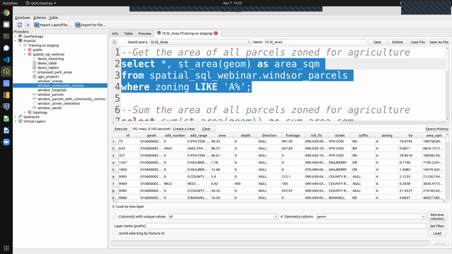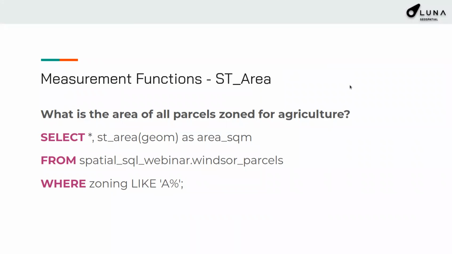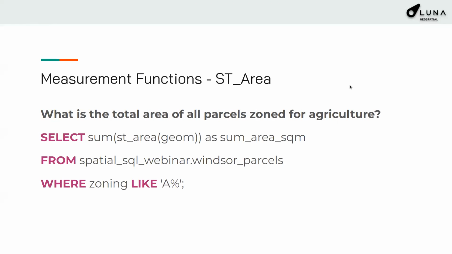All right, so we've done this now for the area. We're able to calculate at least the area of all of the agricultural zones. So now let's ask another question. What is the total area of all parcels zoned for agriculture? So now we're going to use something in Postgres called an aggregate function, and we want to sum. So we don't just want to get everything that is zoned for agriculture. We want to sum the entire thing. So when somebody walks in the office and says, Patterson, I want to know how much of the city is used for agriculture, now I can just come in and say, okay,